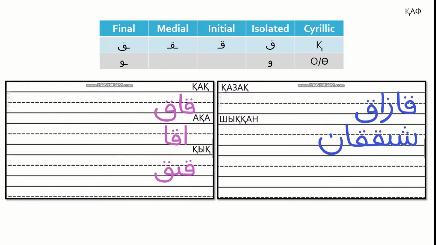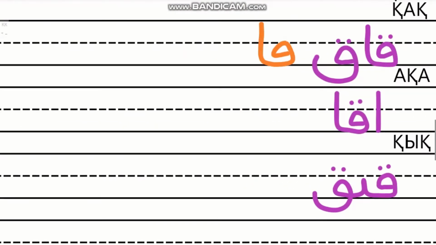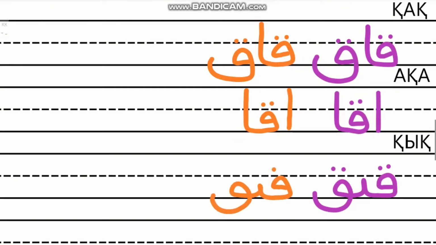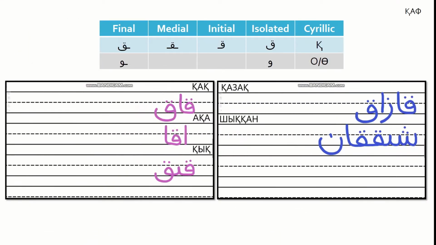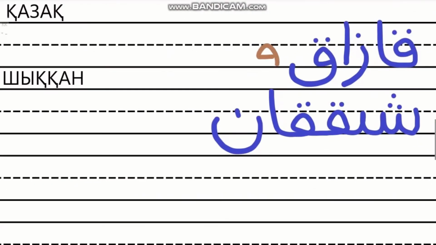For the initial and medial forms, we won't draw the boat, but directly connect to the next letter after completing the semicircle. Let's take a look. Note that only the initial form has a semicircle that is raised above the bottom line. Now let's practice with some real words. Kazakh,